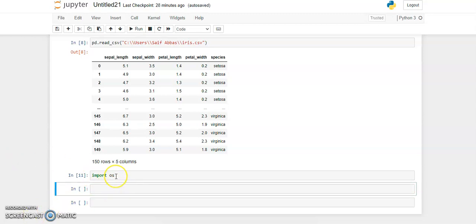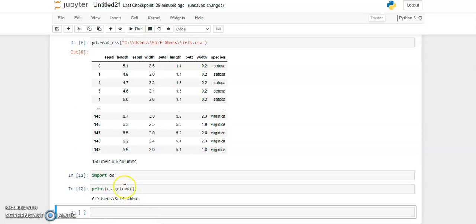Now simply print. With the help of this os module, you can see where the current working directory is stored. So for this simply import os and then print, and here pass os.getcwd, current working directory, and simply run this.